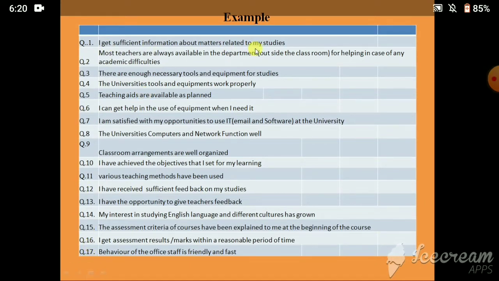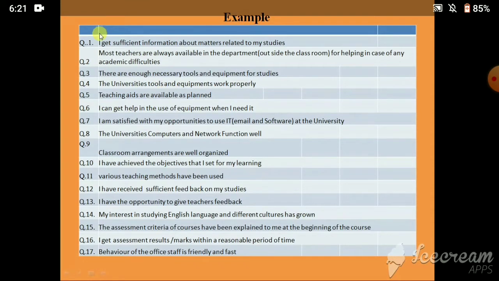This questionnaire is based on 17 questions, and in terms of factor analysis, these are known as 17 variables to measure the satisfaction level of a student from an academic institution in which he or she has studied or has completed his or her study. The objective is to find which factors play an important role in measuring the satisfaction level. To measure these factors, we have selected these 17 hypothetical questions.